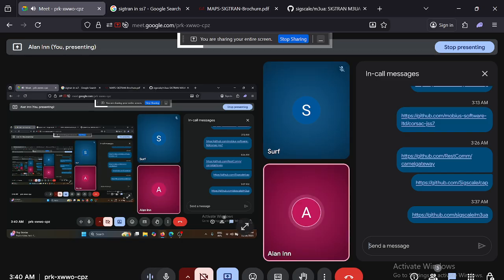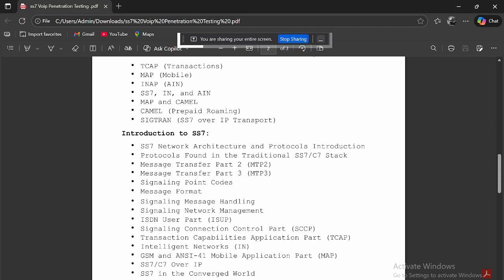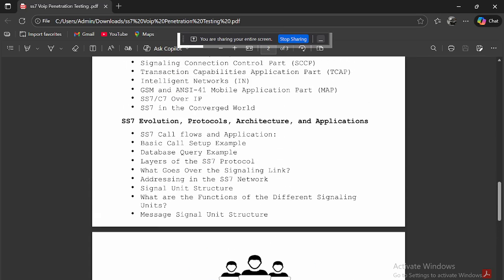So in this case, we have completed until here. Now there are very few things left to complete. We have done this, and now we would like to go for a section on SS7 architecture.